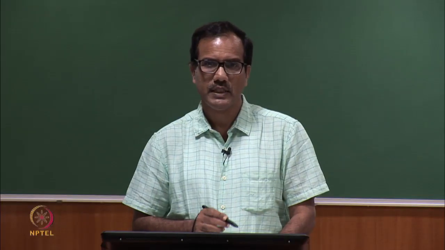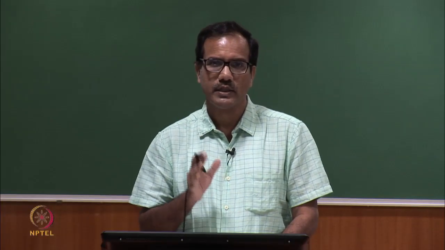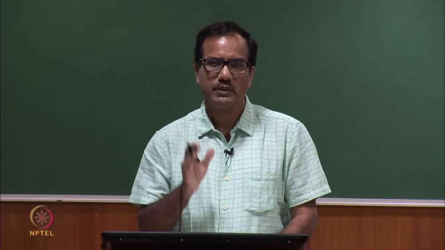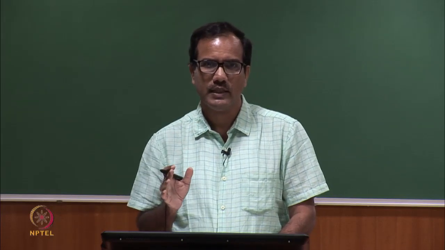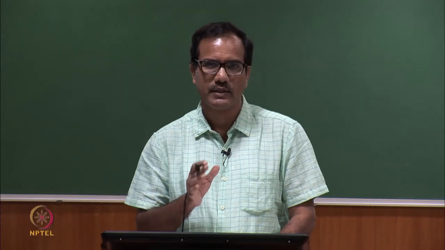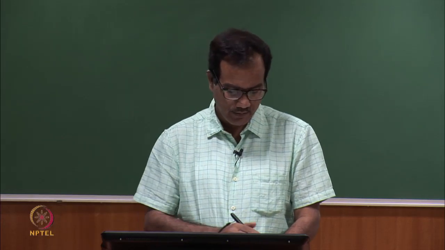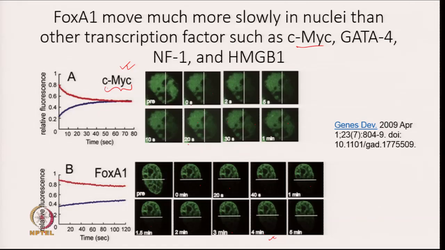What does that mean? FOXA1 moves much more slowly in nuclei than transcription factors such as c-Myc. Now, you can also look at the relative fluorescence, and this is the way it is increasing,